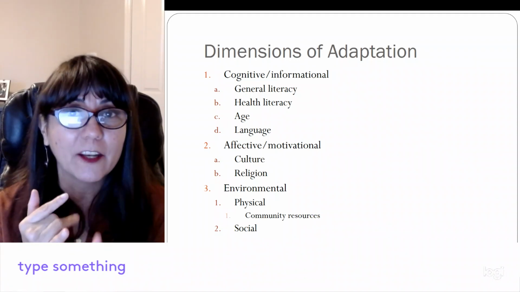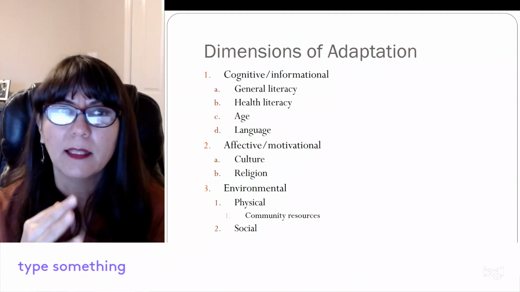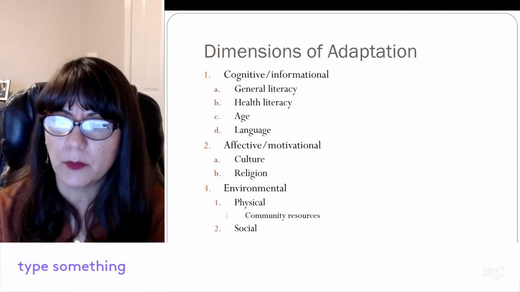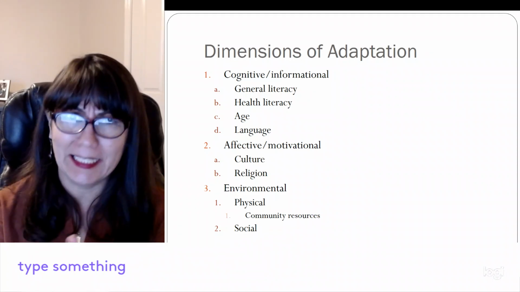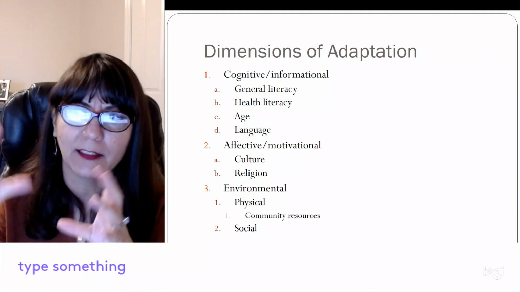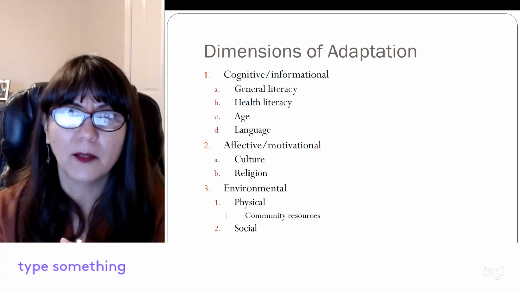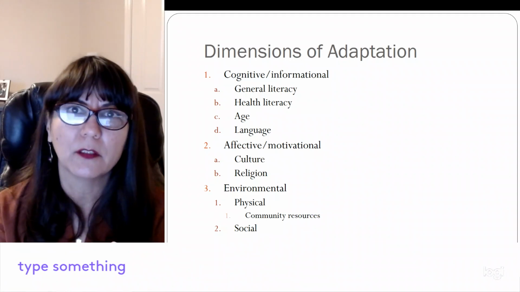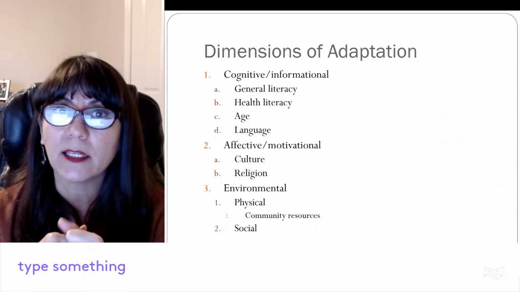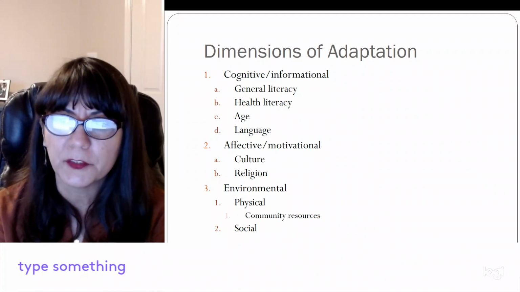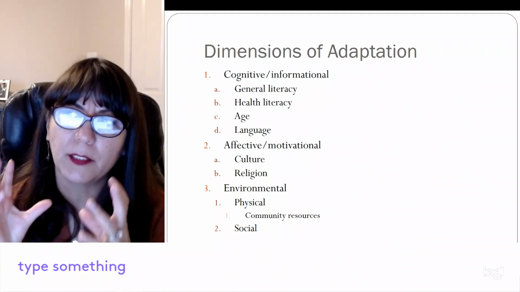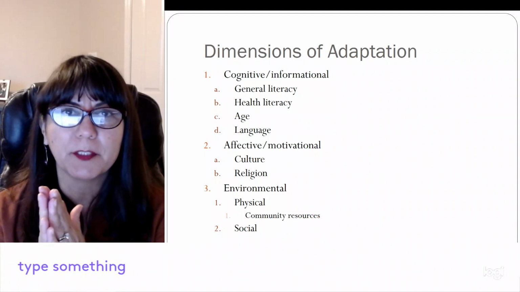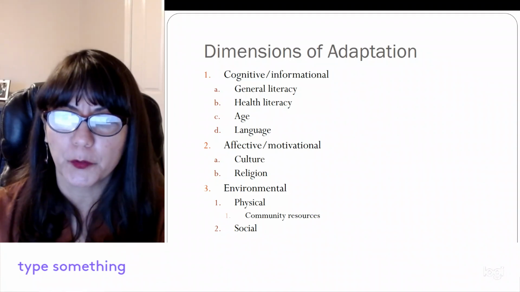And so that affective, emotional aspect, the cultural aspect is really, really important in the interventions as well. And that's where you need to bring in the community, really. I mean, we can kind of identify the cognitive aspects if you have some knowledge of your population, but the affective motivational is where the target community, the community stakeholders really play a role in helping develop a good adaptation so that the program's a good fit for the new consumer group.